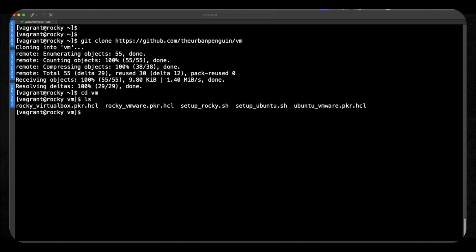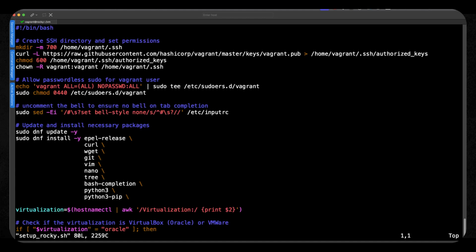got different files, but I'm more interested in the moment in the shell scripts, the .sh files. But I can see there are also Packer HCL files, and we can use these later for creating an image from this operating system. But for the moment, let's go through and take a look inside of our setup_rocky.sh, and we can see the steps that we go through.